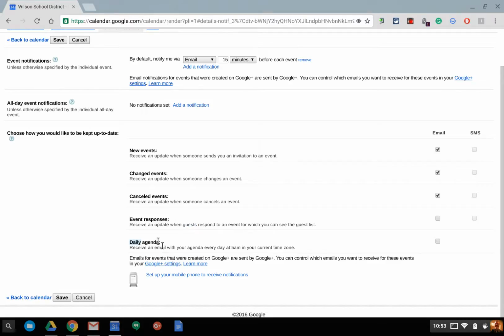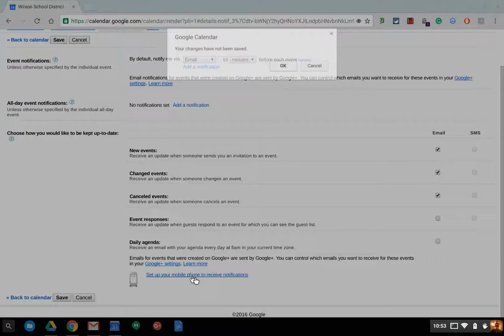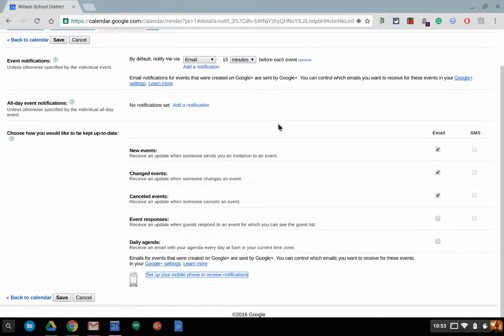A nice feature, too, is your daily agenda. Maybe you're one who likes to have your agenda in the beginning of the day so you know what's going on for the day. You can select that so that you get an agenda sent to you as an email. You can also set up your mobile device. Again, this is something that was available before we had the Google Calendar app for iOS or